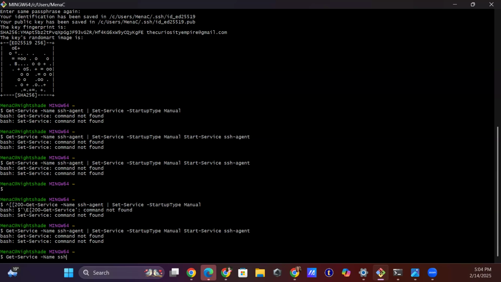Yeah, so now you're gonna run the eval command. I don't think you can copy and paste it, so you might have to type it out. The eval space quotation.